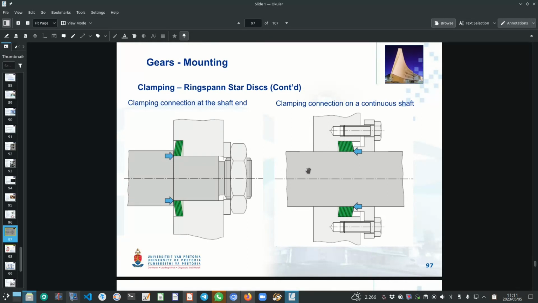Okay, these two schematics just show the two different mounting options. If you have a shaft with a shoulder, then the star discs will be constrained against the shoulder, and as you tighten this nut, it will push the gear or whatever element it is that you want to mount to the shaft. It will push it axially, and that axial displacement causes the star discs to deform and secure the element onto the shaft, as I've explained